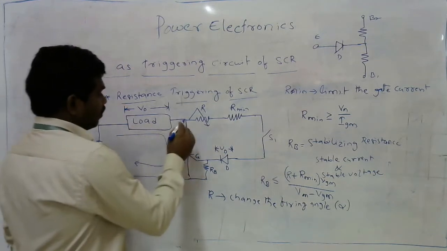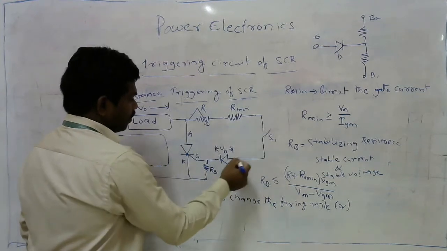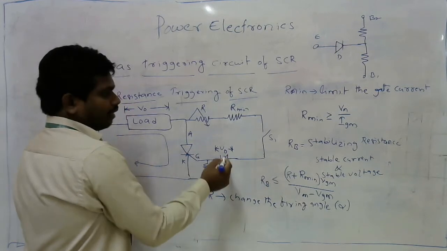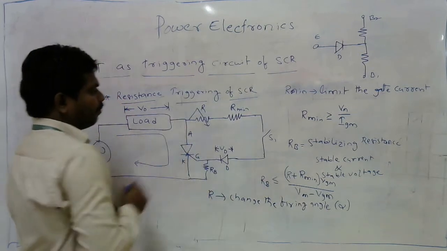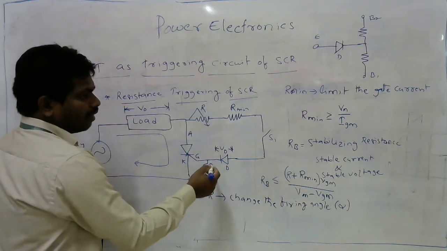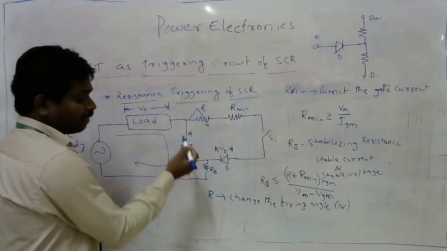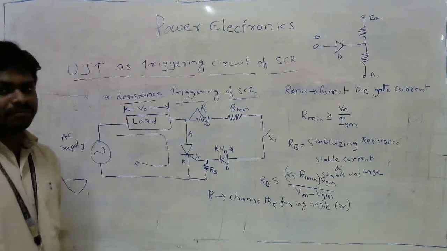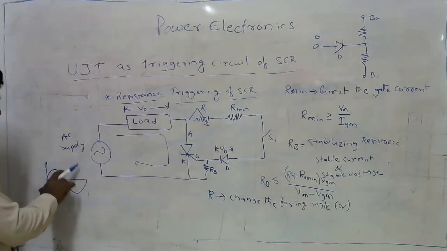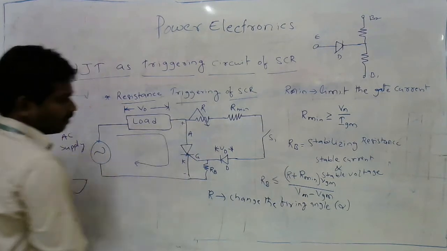How? Very simple. Even though it is conducting, there is a flow of current through this. If the switch is closed, then the diode becomes forward biased, and current comes like that. The value of current is decided by the R minimum. R minimum will allow a reasonable amount of gate current through the gate terminal to bring the SCR from its forward blocking state to conducting state during the positive half cycle of the input supply. Meaning this is plus, this is minus during the positive half cycle.